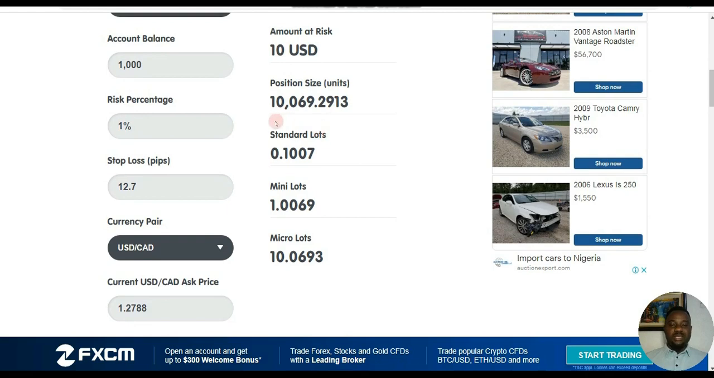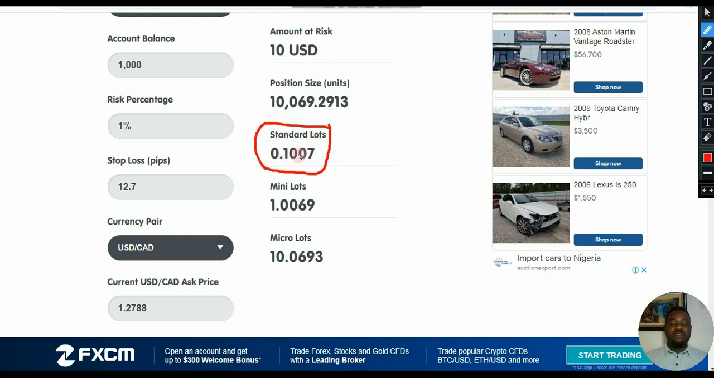Now, what you look at is you come down to the standard lots, because that is what most brokers offer. They offer standard lots. I will do a video explaining the difference between standard lots, mini lots, and micro lots. That's when we talk about margin accounts. I will talk about that in subsequent videos. Now, for the purpose of this class, you'll be looking at the standard lot. So what this means is that for you to maintain this risk of $10, you are expected to enter this trade with a standard lot of